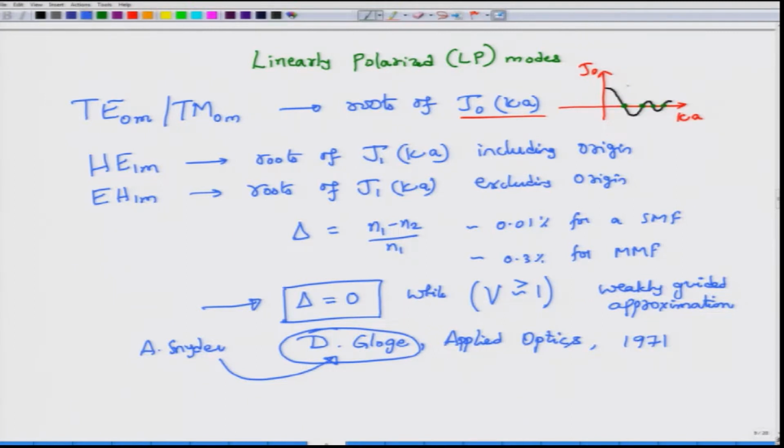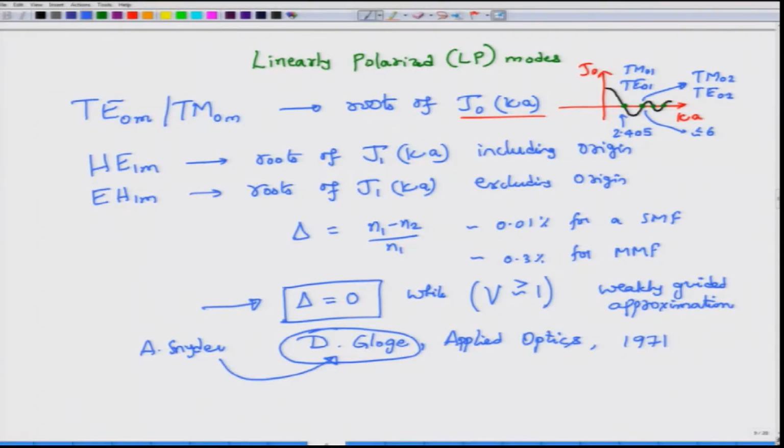So, you will actually see TE01 and of course TM01, both modes occur at the first root of the Bessel function J0, which occurs around 2.405, or maybe 2.408, it does not matter. So, it basically occurs just after 2, and then the next time the J0 function goes to 0 is very close to 6. So, it is slightly less than 6, but very close to 6. At that point you will have the TM02 and TE02 modes and so on.